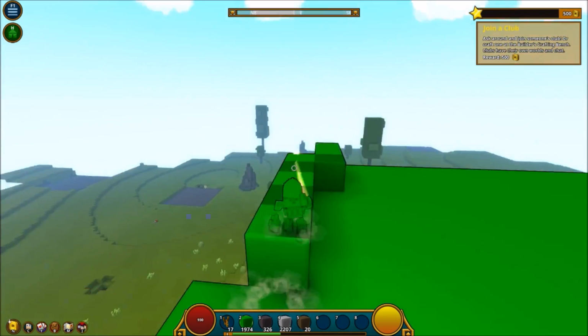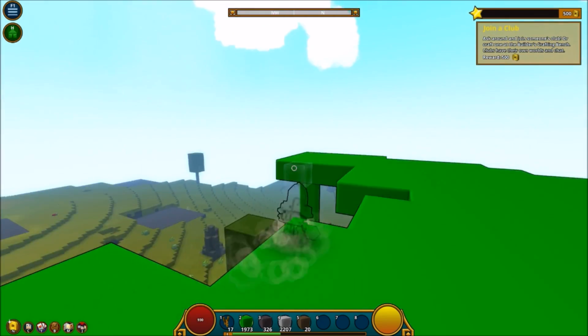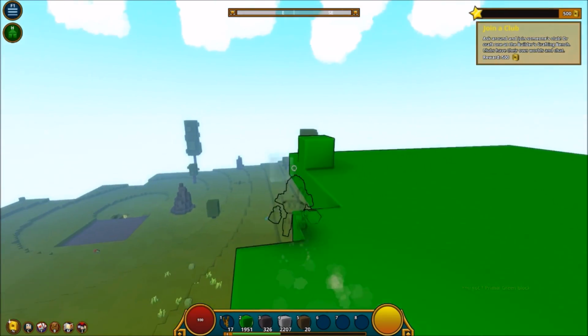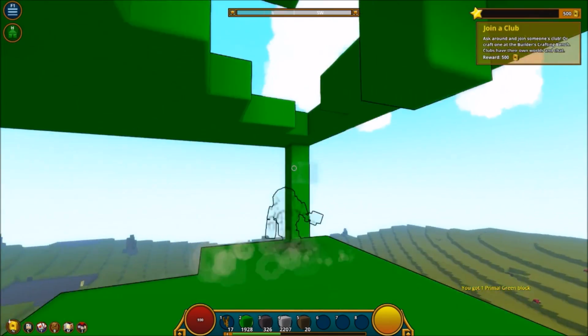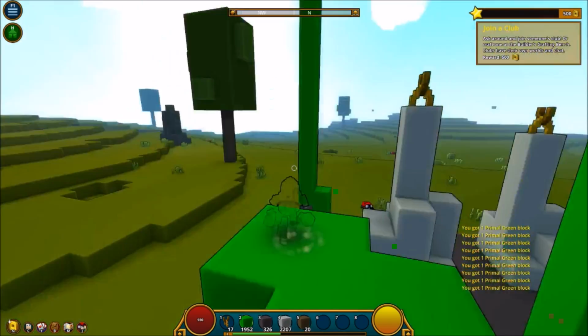So here we are, we're working on the top platform now, where the castle is eventually going to go. To be honest, I wasn't particularly sure what I was going to put up on top of this platform. I really wasn't. All I knew was I wanted what was on the bottom of the platform to look a particular way, and the rest was kind of